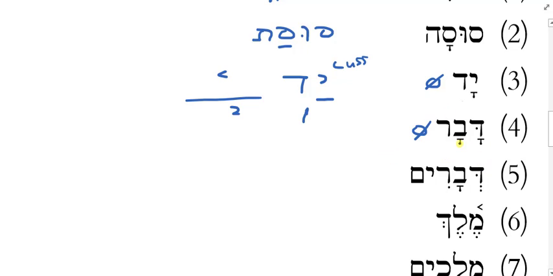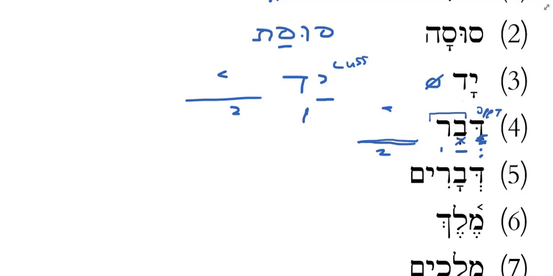But it's going to lose its stress when we make it a construct form, and therefore we're going to see some vowel reductions, okay? So I'm going to put davar in a construct chain. What's going to happen here? The stress will be on thing 2, whatever that is. That means that the var part will be closed but unaccented now, right? So that is a Kuss syllable. What will have to happen to the kametz here? It's going to become pathak. What's going to happen to the open syllable? If the stress is on thing 2, it's open and propertonic. What will it do? It will go to vocal shava. So my vowel pointing will be devar, in the construct state.